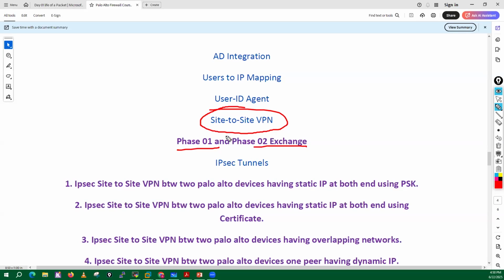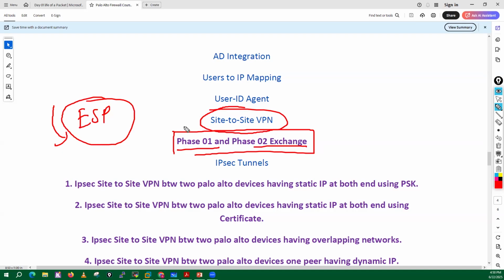During our troubleshooting class, I'll take out those particular keys which are used by the ESP protocol for encrypting your data traffic. In your phase one, if we are using IKE version one, then from message number five onwards the packets will be encrypted.